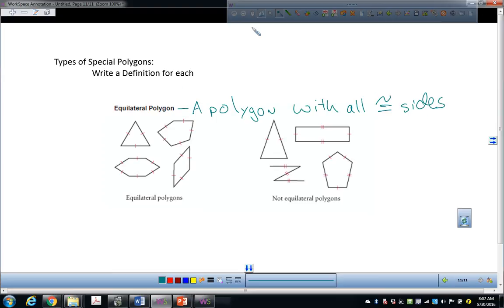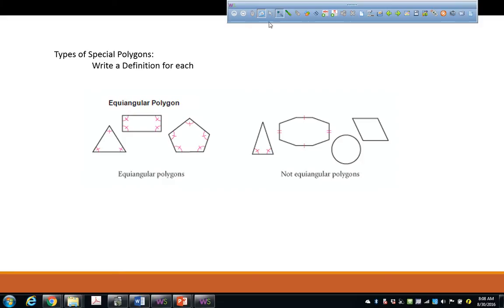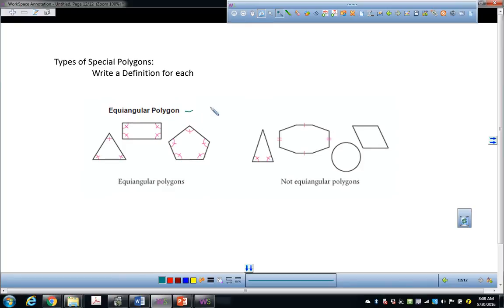Okay? Moving on. What do you think an equiangular polygon is? Tough one. Go ahead, Ryan. They all have the equal angles, okay? Equal angles, equal angles, equal angles, right? Not equal angles, not equal angles, not equal angles. So an equiangular polygon is a polygon with